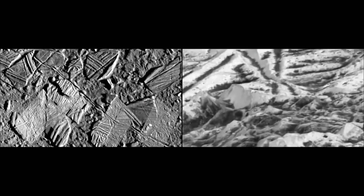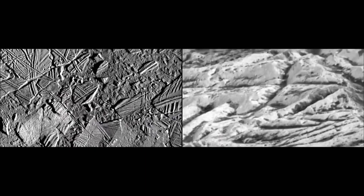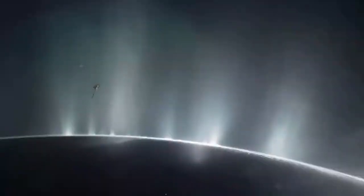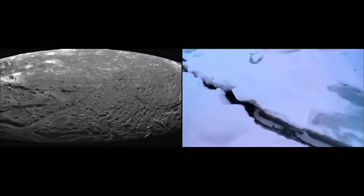The tidal force exerted by the moon would generate enough thermal energy to cause liquid water to exist in such a frigid region. Many scientists have speculated about the existence of life on Europa based on the theory of a subterranean sea. Galileo's observations of Jupiter's magnetic fields showed that they exerted a significant influence on the ions in Europa's